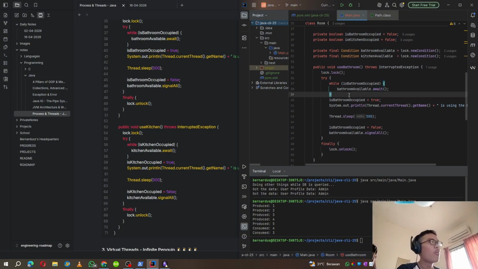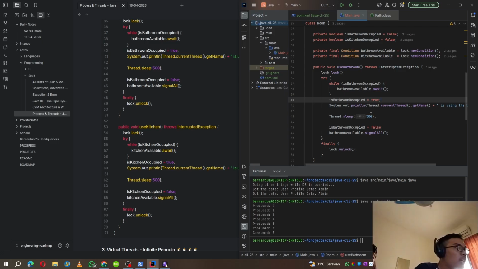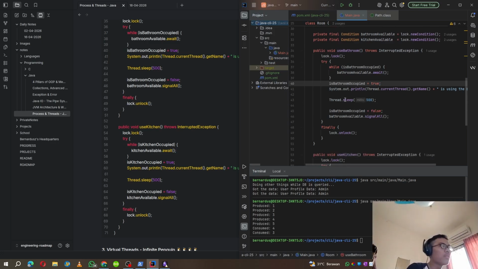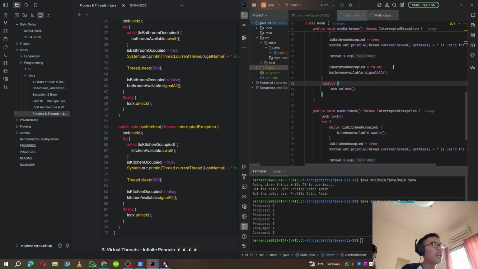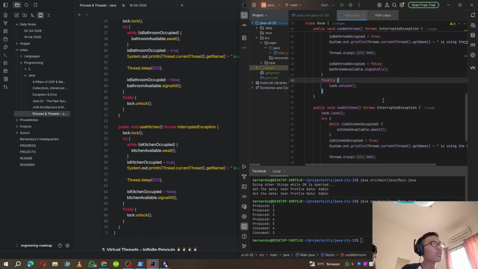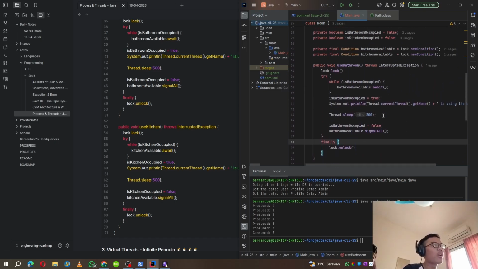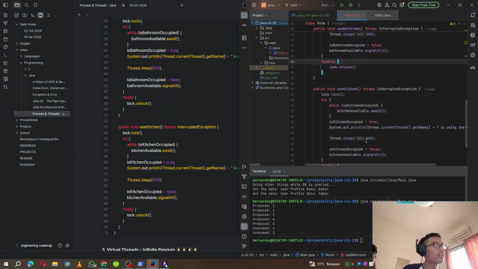So while the bathroom is occupied, we wait, and if the bathroom is not occupied, we immediately take it and use it for 500 milliseconds apparently, and then we signal all who want to use the bathroom, and then we have to unlock. Alright,